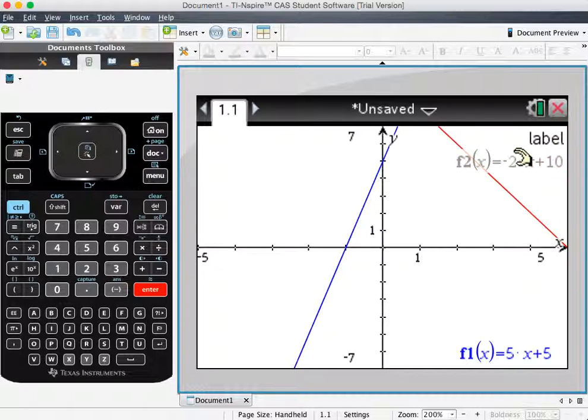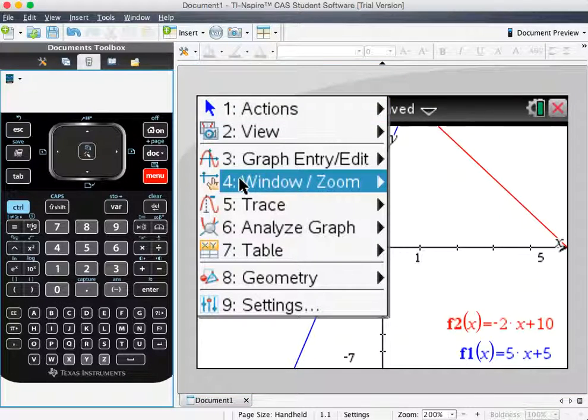Okay, so now this thing is in the way again, so I'm just going to click and drag like I did before, and move that down there. It's kind of nice that it's got the colors lined up, so the red with the red, the blue with the blue. But notice that the interesting parts of our graph are up above, off our screen. So we can try and change our axes just by clicking on these. We would know that we'd have to go up to at least 10 here, but let's say we didn't know that offhand. So what I can do is go to Menu and go to Zoom,